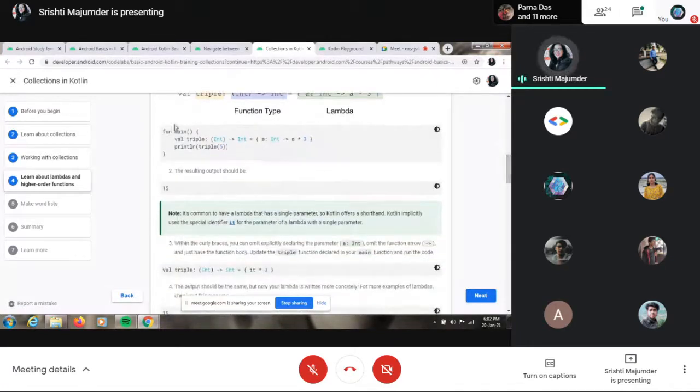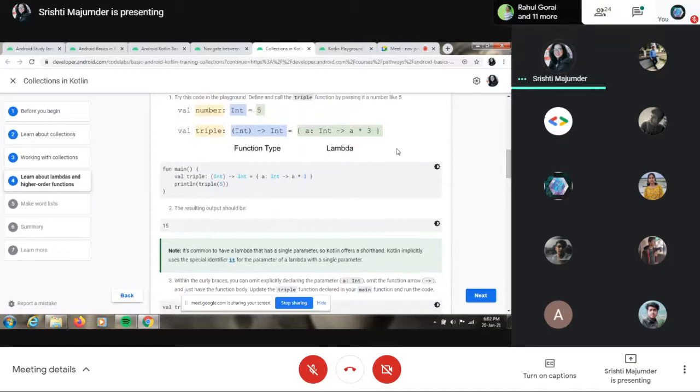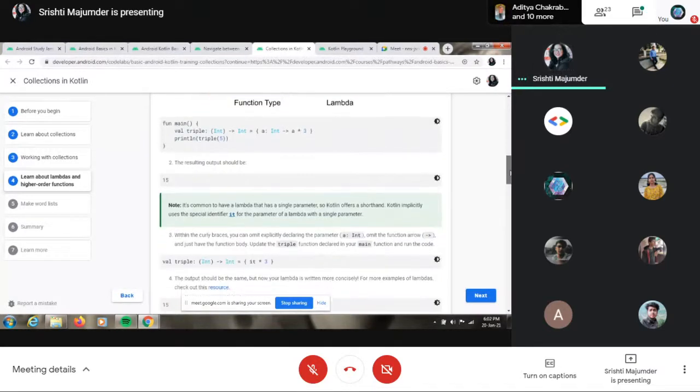This is also one example where they have written the same thing and simply printed println triple 5. So what happened? This val triple got a new value, which is 5 times 3, which is 15. So triple has now been initialized with the value 15. But what did the user give? 5. But since we use the lambda as a variable, the number was changed.